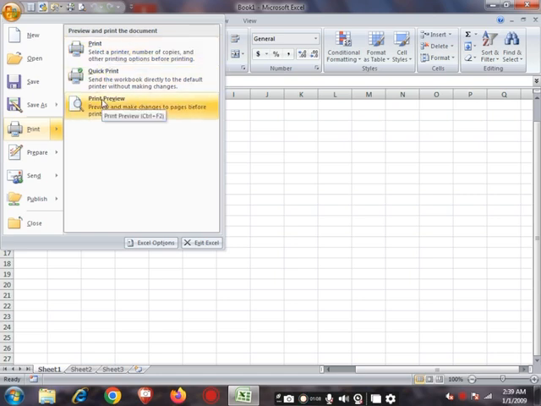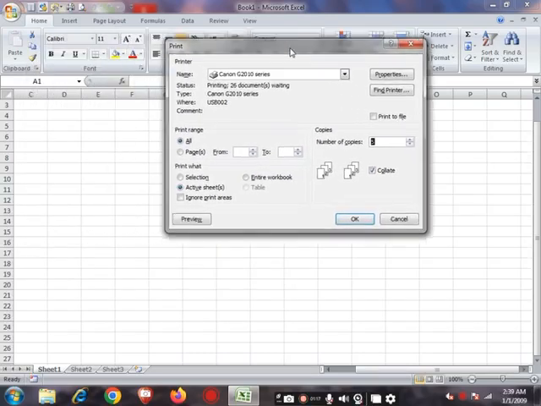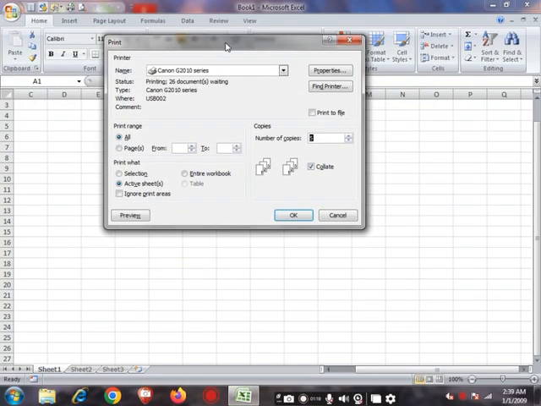So to understand this part properly, you have to see the first part of this. When we click on it, this dialog box will open. We can move it, and we have discussed this area: printer, name, status, type. All these things we have already discussed.